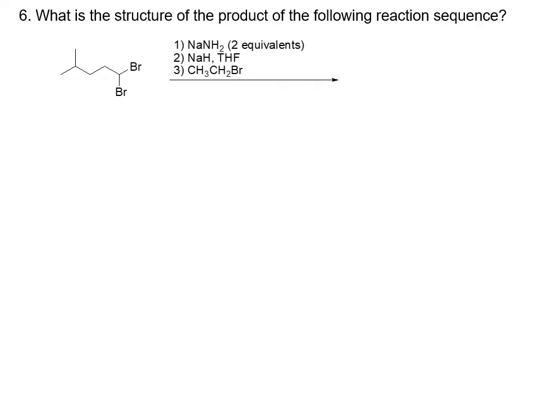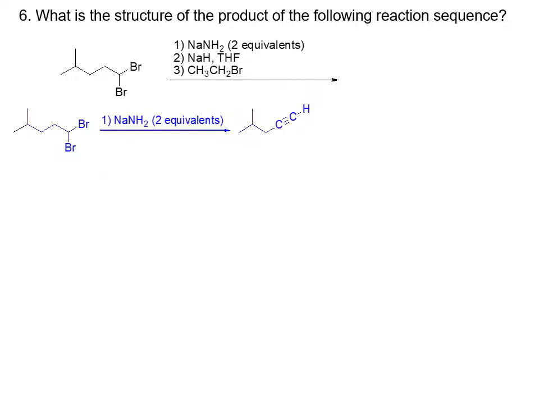Question number 6. What is the structure of the product of the following reaction sequence? And now we have a sequence of 3 reactions. First reaction is reaction of 1,1-dibromo-4-methylpentane with 2 equivalents of sodium amide. So that's an elimination reaction, and we are using 2 equivalents of a very strong base, sodium amide. That means 2 molecules of HBr are going to be eliminated, and that means that the product is the corresponding alkyne, terminal